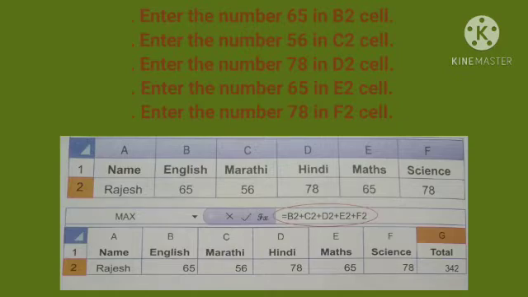Now student, first we start the formula. What do we have to do? We have to write down the equal to sign. Then we write B2 plus C2 plus D2 plus E2 plus F2, till F. Science is my F, the last cell. And G is the total. So in G2 I can write down the formula equal to B2 plus C2 plus D2 plus E2 plus F2 and then press the enter key. The total is displayed in the same cell G2.